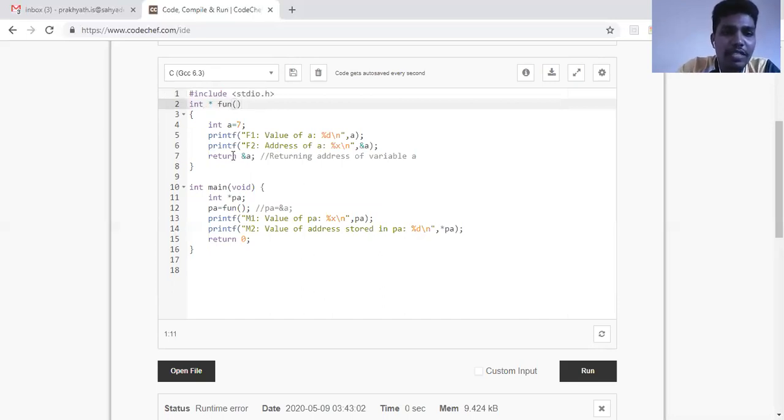So how many functions are there? There are two functions. So function will get one stack, main will get one stack. So there are two stacks. And there is a rule. Whenever we write a function, we call a function, the function is active. So the variable will be active.